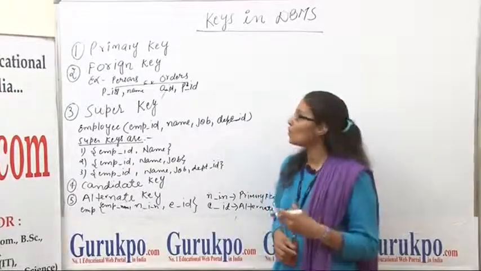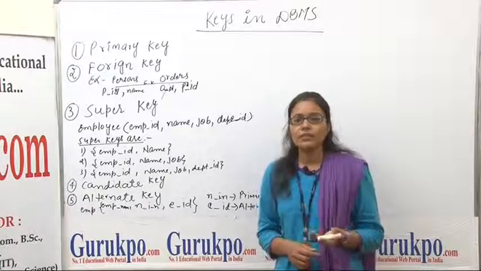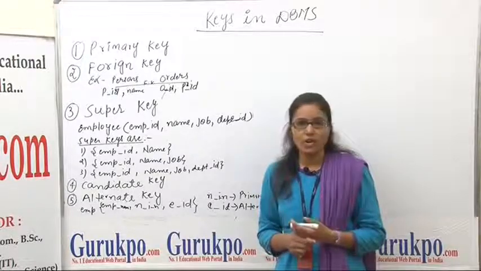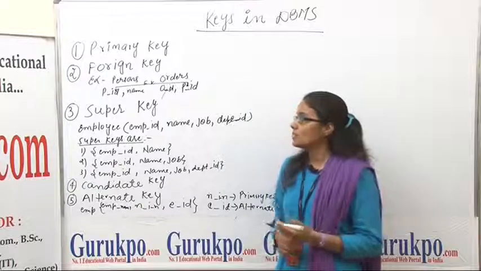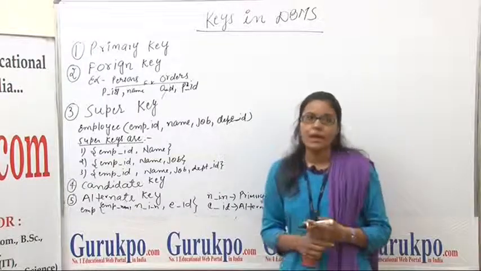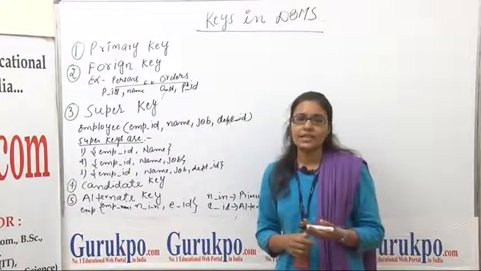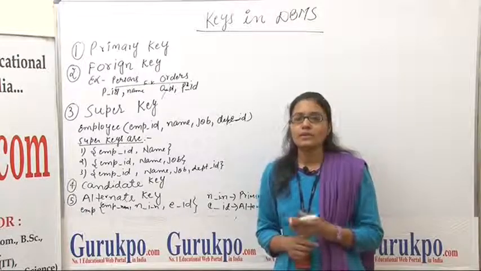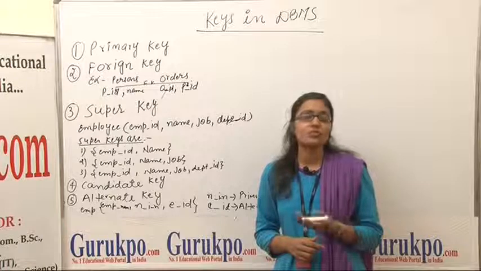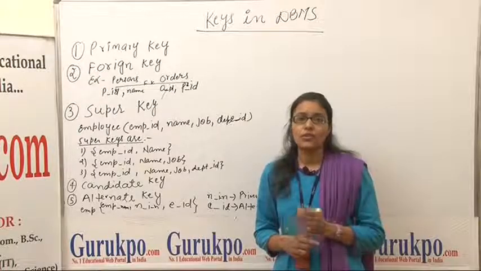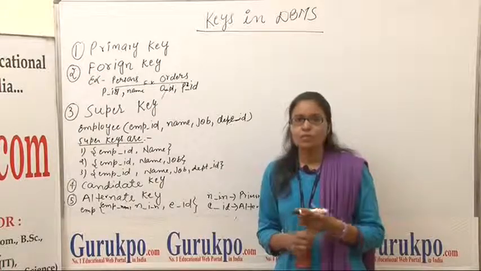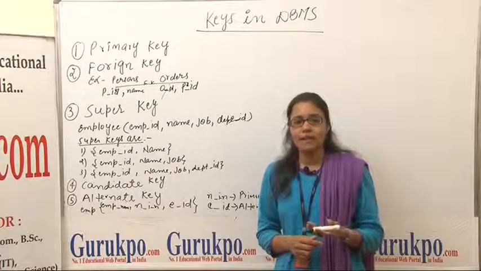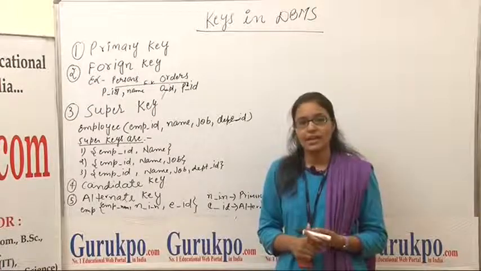First of all, know about what is key. Key is a value that uniquely identifies each record in a table. Now let us know what is primary key. Primary key is a value that uniquely identifies each record in a table. For example, roll number. Roll number is treated as primary key in the student database. Two students' names can be the same. So we use roll number as primary key to uniquely identify each student.